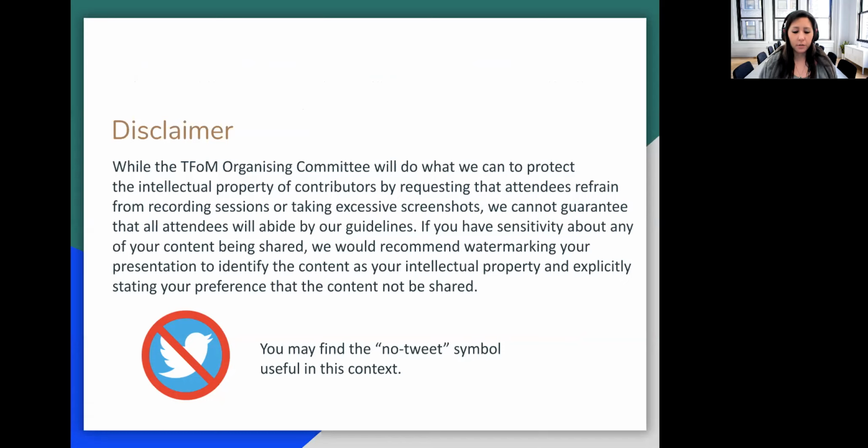For the most part, we expect this to be a very open discussion, so we're not expecting anything super secret, but we'll do our best to ask people not to share material beyond a tweet saying this is a really cool talk, and you may find this symbol useful in those contexts.